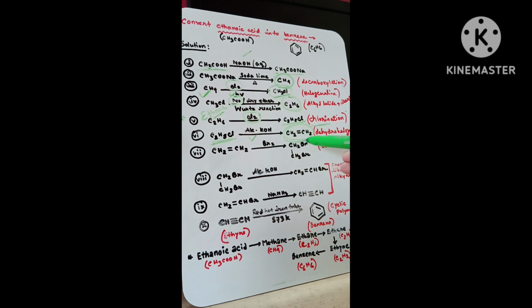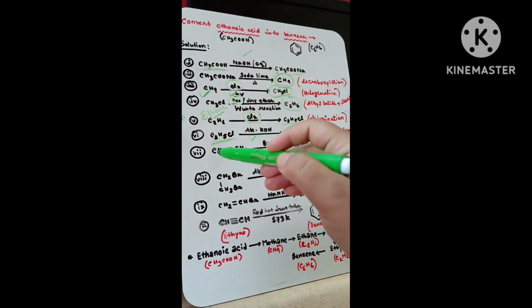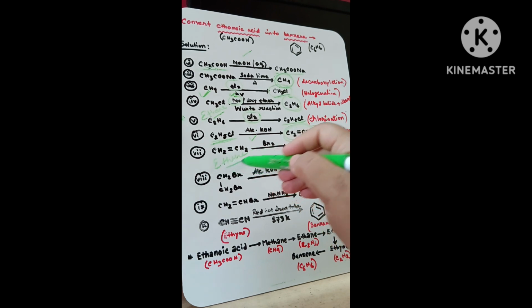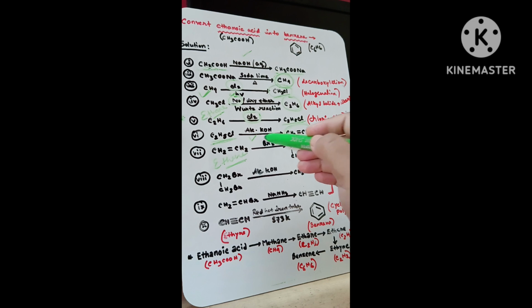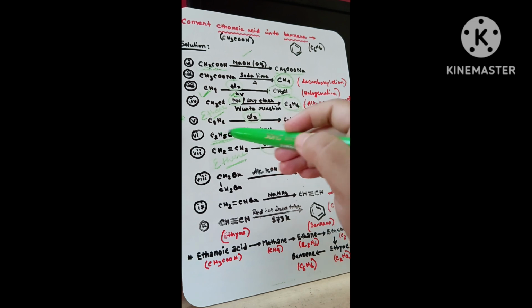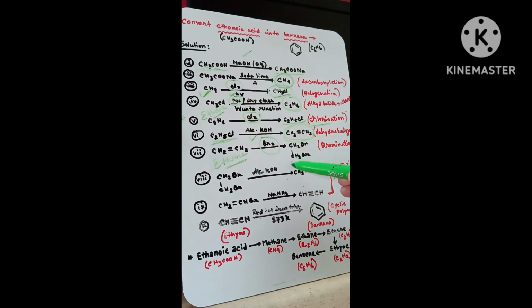This process is known as dehydrohalogenation. Now this ethene is reacting with bromine and producing 1,2-dibromo